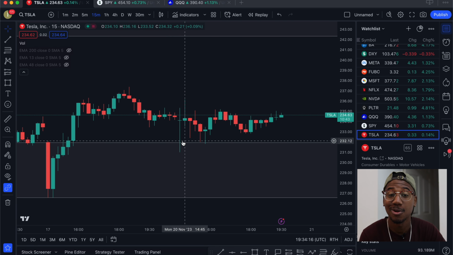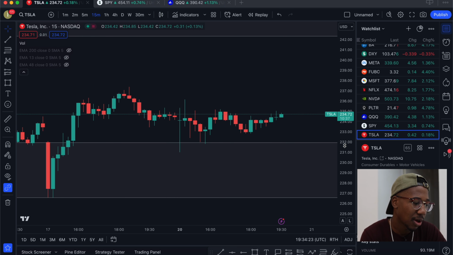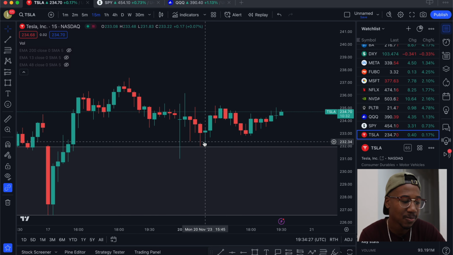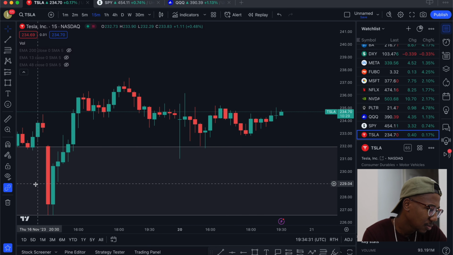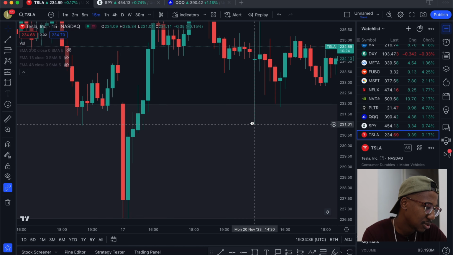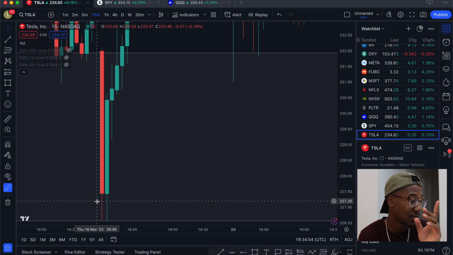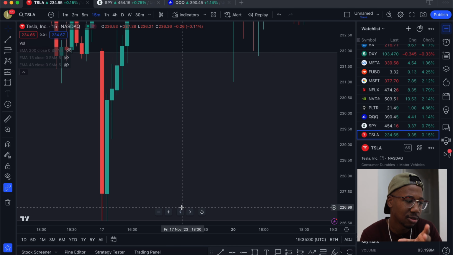And as long as you know that all liquidity gets taken out at some point, you're good. So for instance, again, think of all these wicks as liquidity. If I was looking at these as liquidity, I would think, all right, they need to be taken out. So first sign of liquidity I see here, if you saw my previous video, you'll get a better look into this. But for this video, we're just going to quickly glaze over this.